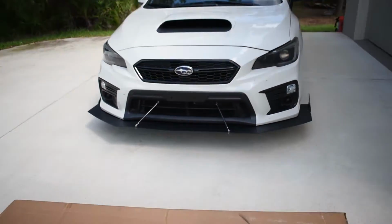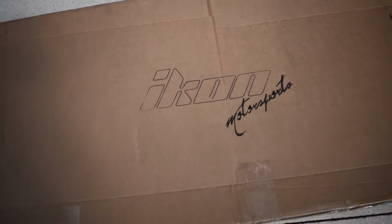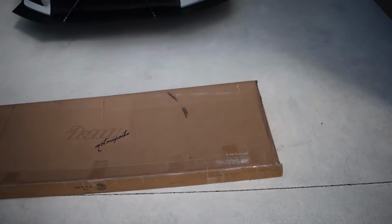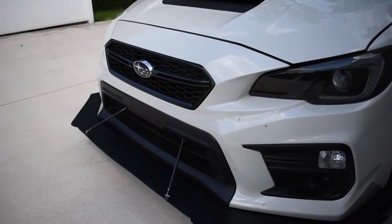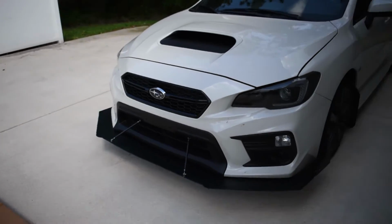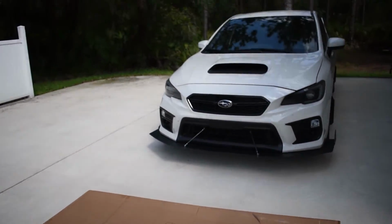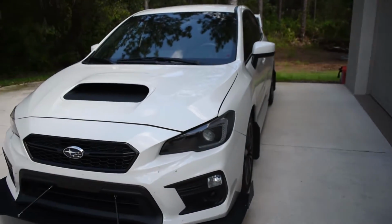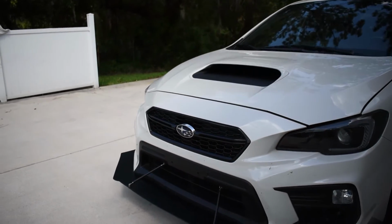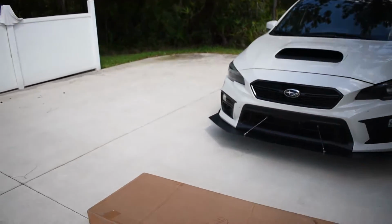Today, I'm going to be putting on this front lip from Icon Motorsports. Essentially, it's just going to be making sure that this splitter sits flat and doesn't look so thin. So, I'm going to be taking it out of the box, I'm going to paint it, and then after that, the bumper has to come off of the car and the installation has to be done. So I'll see you guys right in a minute when I have it out of the box and ready to